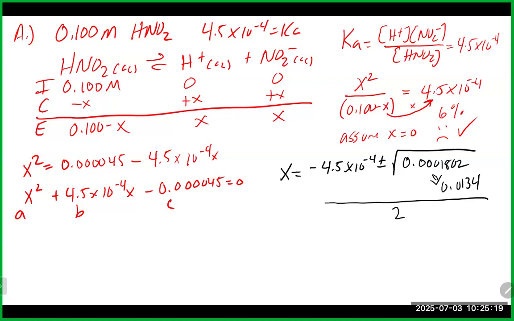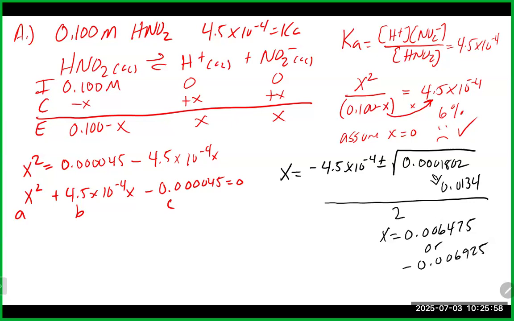That again, like normal, is going to give us two x values. So doing the plus first, -4.5 times 10 to the -4 plus 0.0134. Guess it would help if I punched the right number in there. Try that. There we go. And divided by 2, going to get us an x value of 0.006475. We will also do the subtraction there, so -4.5 times 10 to the -4 minus 0.0134 divided by 2. That is going to give us a negative